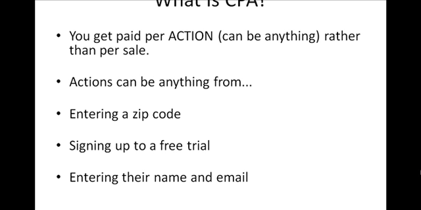And obviously the payouts will vary between these because a lead that's entered their address, their phone number, everything like that, and has actually signed up to a free trial, with continuity and everything, is going to be worth a lot more to the person running the CPA offer than someone just entering a zip code. So bear that in mind. So for a zip code, you might get paid as the lead generator, or as the affiliate, around $2, whereas if someone signs up to, for example, a free trial of something, like a